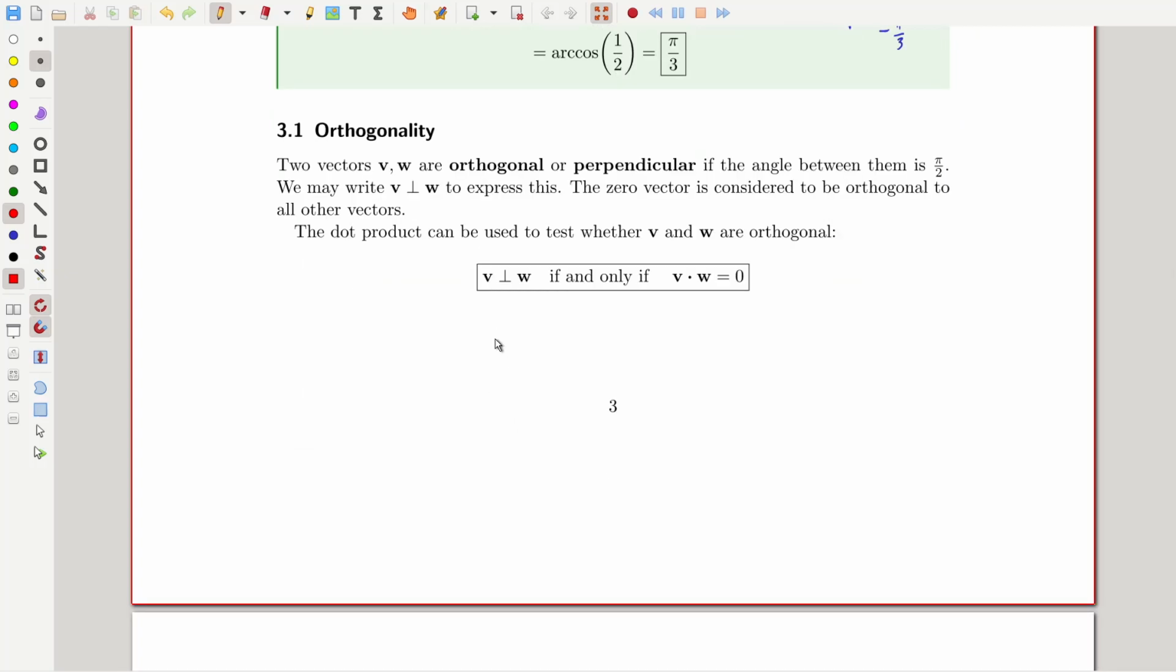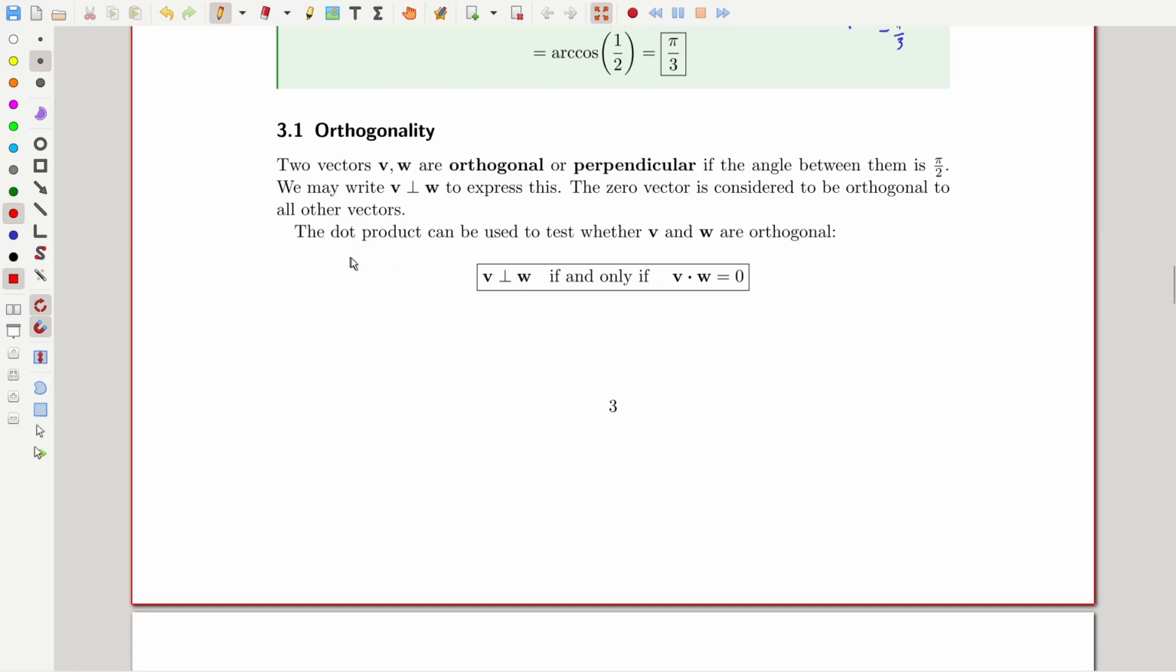orthogonality. So the word orthogonal just means perpendicular. It's just a fancy way to say perpendicular. So two vectors we say are orthogonal if the angle between them is pi over 2 or 90 degrees. And we might use this perp symbol to denote the relationship that v is perpendicular to w. Sort of a technical point is that the 0 vector we consider to be orthogonal to all other